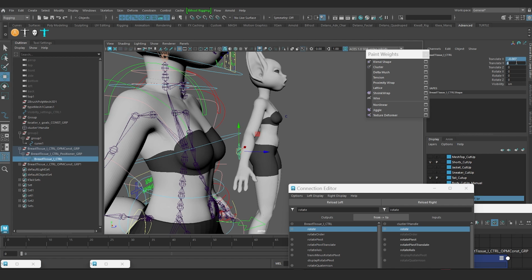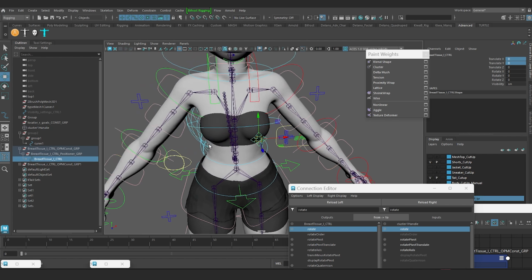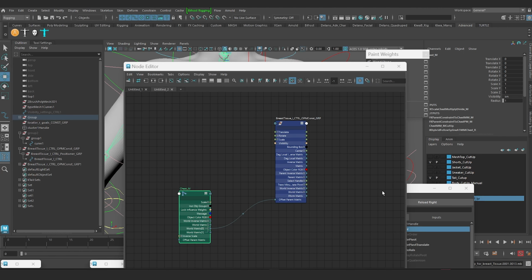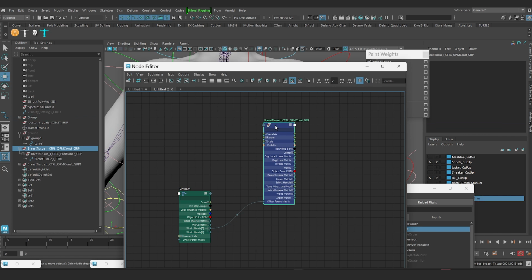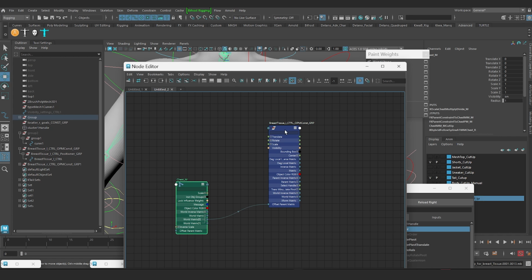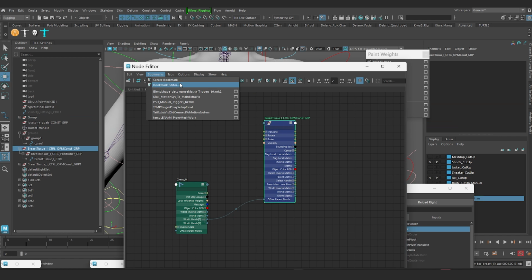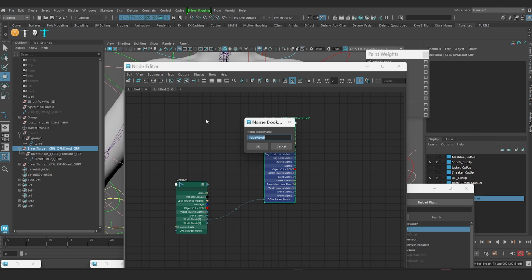All right, I'm going to set up the other side, and then we're going to move to the sculpt deformer stuff. One more thing before I go, I am going to save this bookmark. Well, I could wait to just get the second one done and save them, but usually what I like to do, just in case I make a mistake and clear this graph, is save them with increments. So if I was to save a bookmark, I'd go create bookmark, and in this case, I'm going to